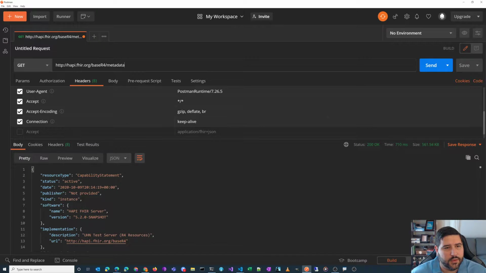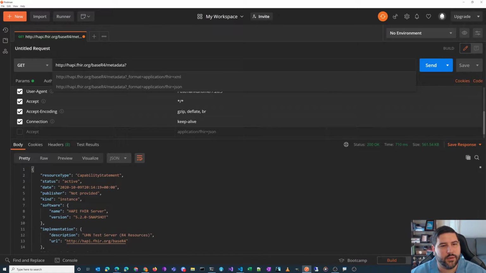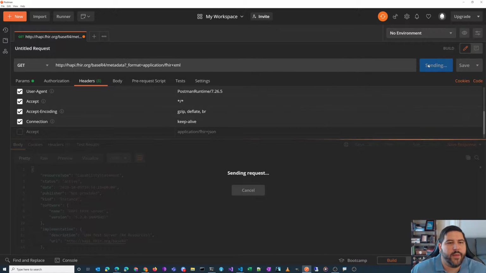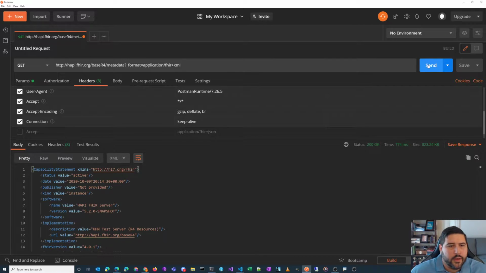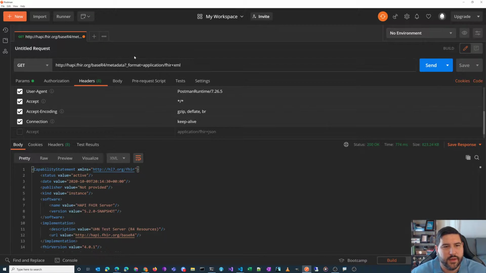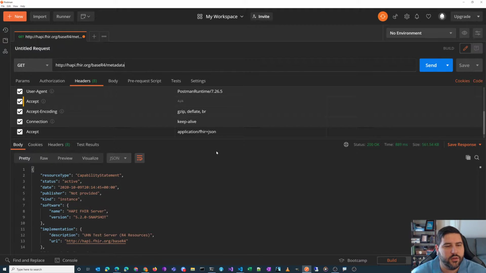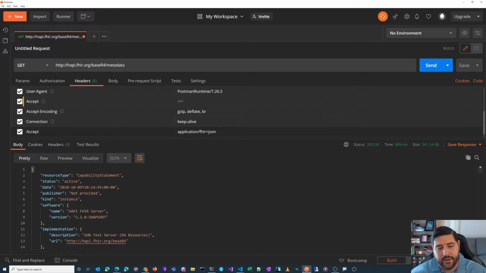Now we can, again, override this, just like we were talking about. So we can come here and say the same thing. We can say, well, we want the format to be FHIR XML. So in this case, we had our default accept, but we specifically told it, give us the FHIR XML, or give us the FHIR JSON in the URL itself. Perfect. Now I'm going to go ahead and leave it down here so that we have a cleaner URL. Now, again, if you're not familiar with